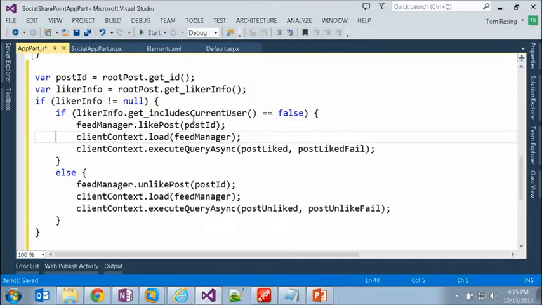And if it doesn't, then once again, we're doing some very similar things that we've done with previous apps where we are loading. Our payload is going to be a feed manager this time, and we execute our query async. We've got our success and failure messages there once again that we'd post. Okay, so that's a little bit on